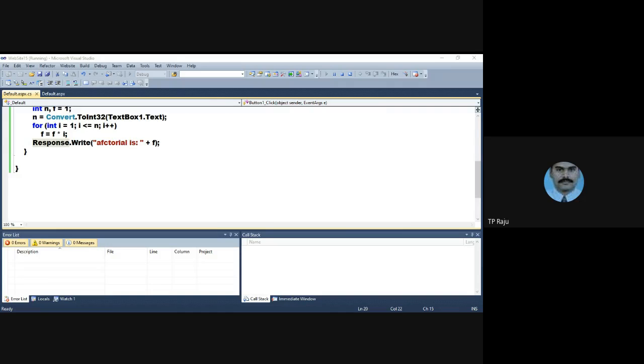Okay. Now I will show you the output window.